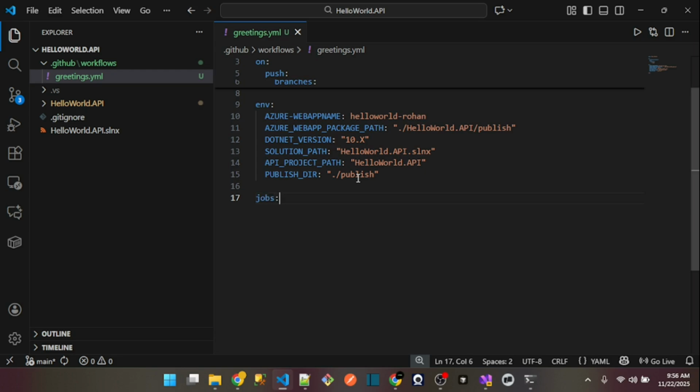So I will just define the jobs. In the jobs I will use the build and test section, and I will name it build and test. So we will create two jobs. The first job will be build and test. Now what I will do here, simply I will use the